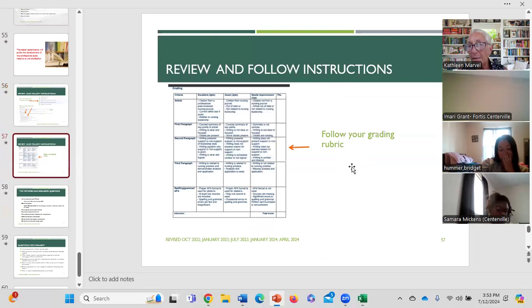Okay, I've sent you an announcement about APA format. I would appreciate if you would put your work in APA format and cite your sources using APA format. Always look at the rubrics, right? That's how I grade. So before you start each assignment, please go look at the rubric and look at the specifics. Okay.